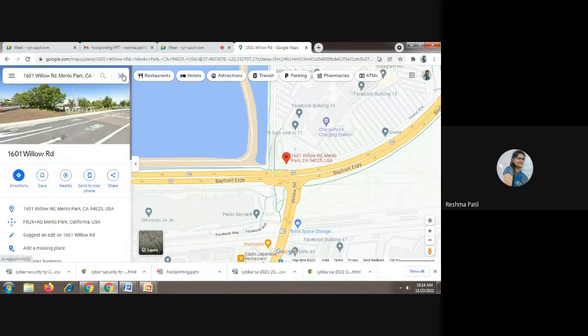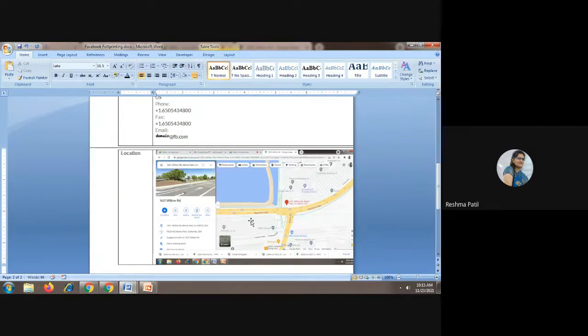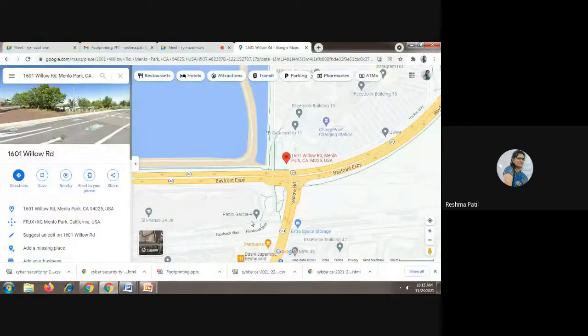Yes. Got the location, take a screenshot of this and paste it here. Physical location. That also comes under footprinting, where it is actually located. Next,